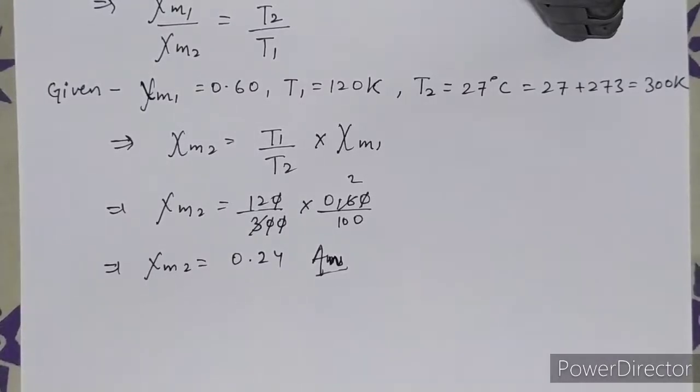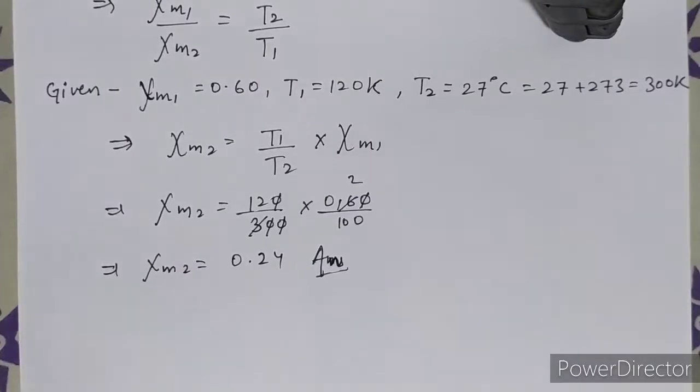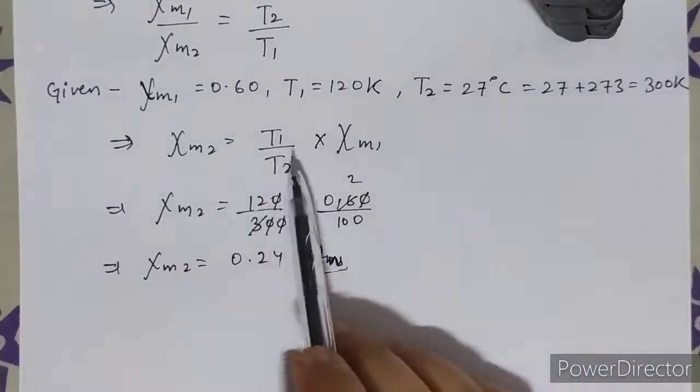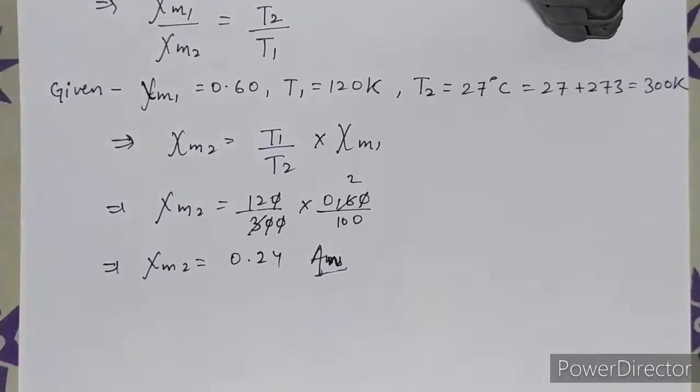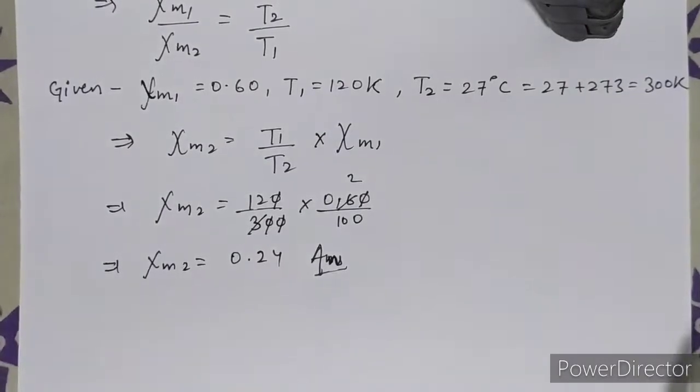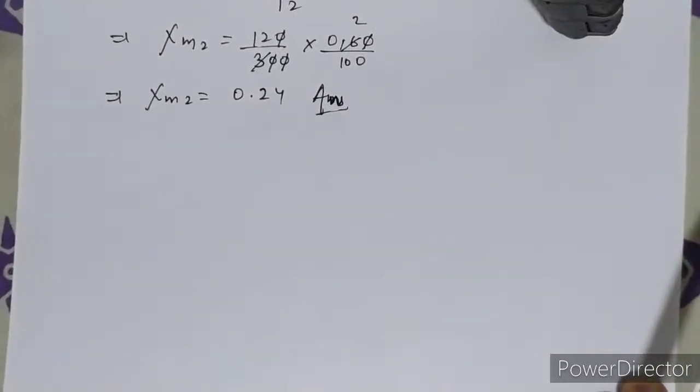Okay. If any one of the values has been given in Kelvin, then the other also we have to convert into Kelvin if it is given in centigrade. If both values are in centigrade, then there is no issue with changing the unit, because after taking the ratio the units will cancel out, and magnetic susceptibility doesn't have any unit. But if one value is given in Kelvin and the other in centigrade, then first of all you have to convert those values. Otherwise, if you directly put in the values, the answer will be wrong. It will not be the correct one. Clear? Okay. Now moving towards the next question, that is question number 10.